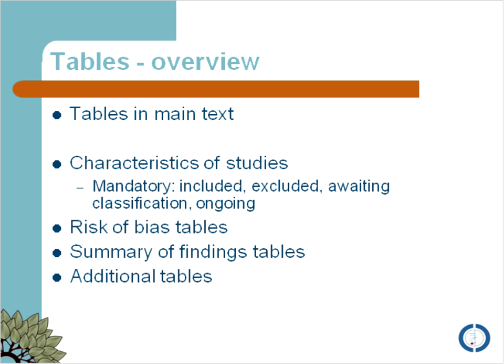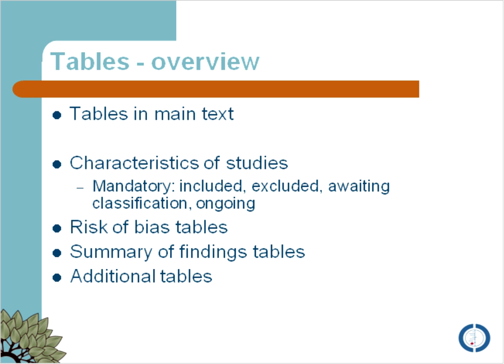And they suggest, as you can see in this example, to use verbatim quotes from reports or correspondence. This is the most clear and accurate way to communicate to your readers how you've made your judgment. It can include a summary of known facts or comments that you may have regarding a particular study. If there's other information that influences your judgment, you're welcome to add that in as well. And if you've obtained additional information from the authors, by all means include that. An important thing to keep in mind is that when there's no information available, state this explicitly within the description part. Then, based on the description is where you make your judgment.